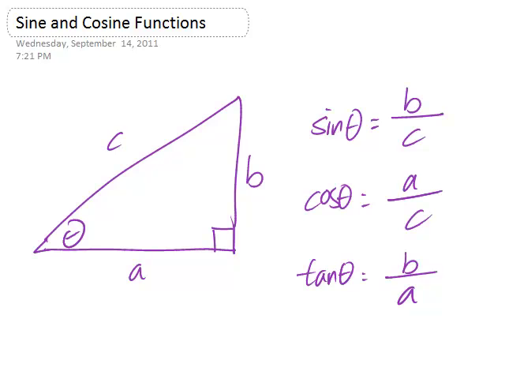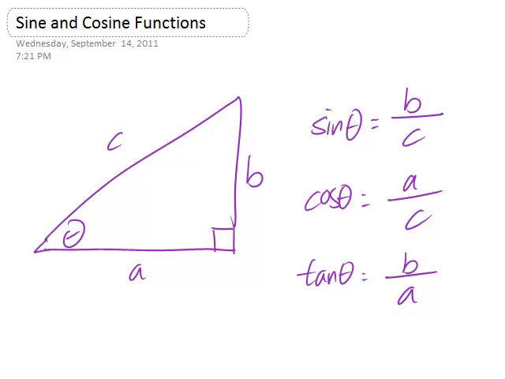Okay, so here we have a right triangle with sides A, B, and C and the angle theta. You know from basic trigonometry that sine theta is defined to be the leg opposite of the angle theta over the hypotenuse, B over C. Cosine of theta is adjacent over hypotenuse, or A over C, and tangent is opposite over adjacent, or B